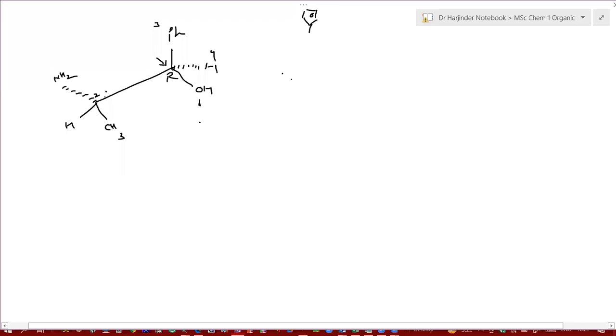And here, number 1, NH2. Number 2, the whole group, where hydroxyl is. Number 3, methyl, or hydrogen. So here you can see 1, 2, 3. It is moving again clockwise. Now what will you do? You will write it R or S.